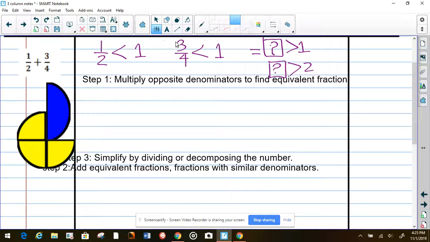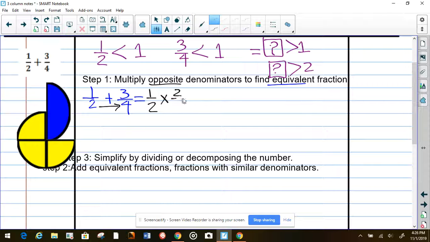So our first step is to find equivalent fractions by finding a common denominator. 1/2 plus 3/4. Okay, let's find the common denominator. So we're going to multiply like the instructions say here. We're going to multiply 1/2